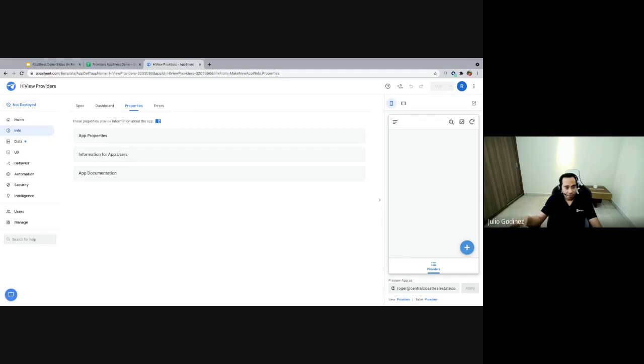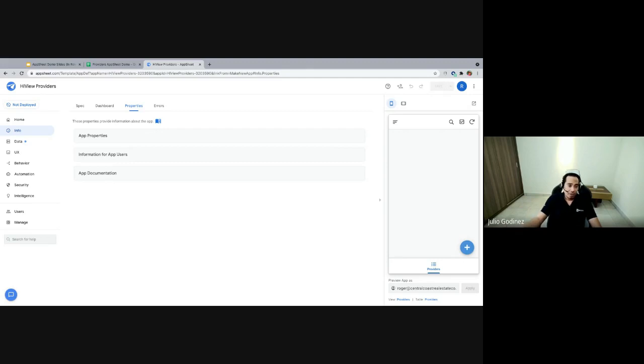But those are two different processes. We're not going to be covering that in the demo. It's going to be considered out of the scope. But just for you to know that there is a process that you have to go through. There are certain requirements that you're going to need to provide, including all the details about the application. So finally, you can publish and have that application available in the Apple Store or the Play